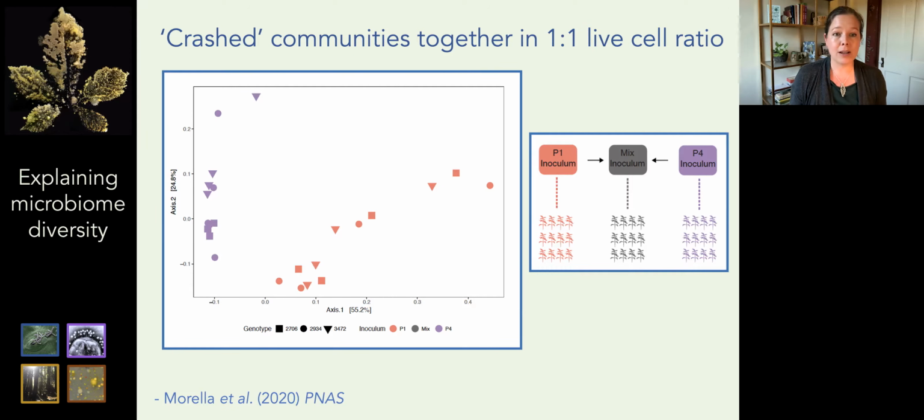So what I'm showing you here is just the plants that received the 2 parental inocula. And what you're seeing, this is the first time they were sprayed at the same time in the same greenhouse. And indeed, the plants separate out. So the P1 inocula plants have a very different community structure than P4. But what happened to the mix? That is the next question.